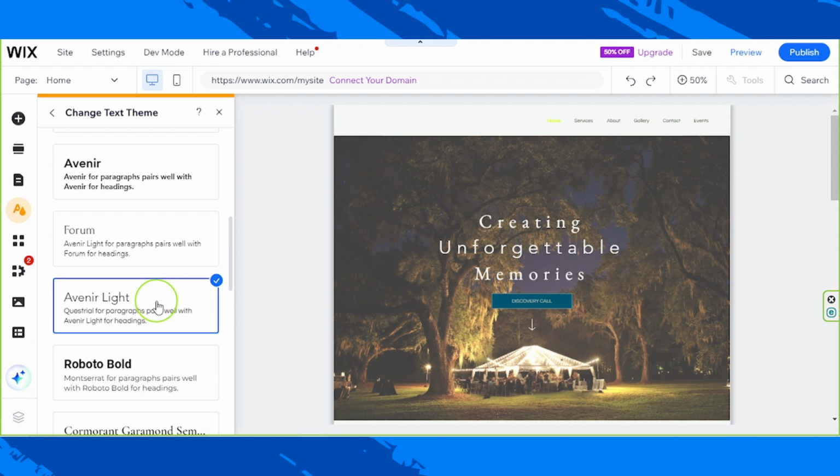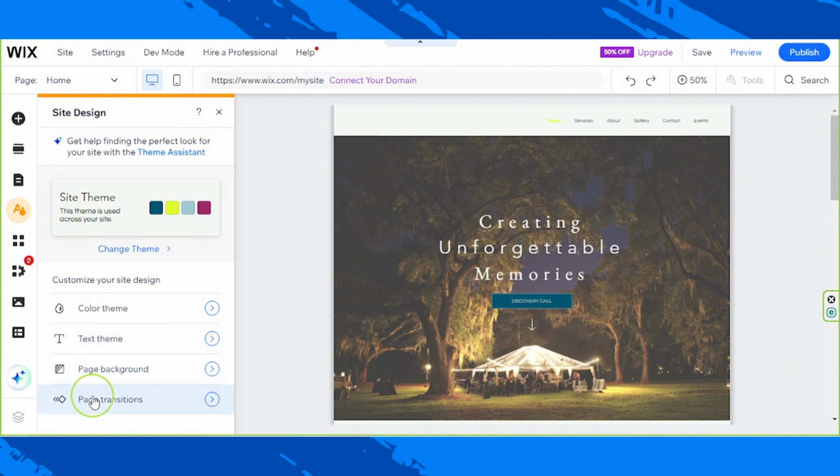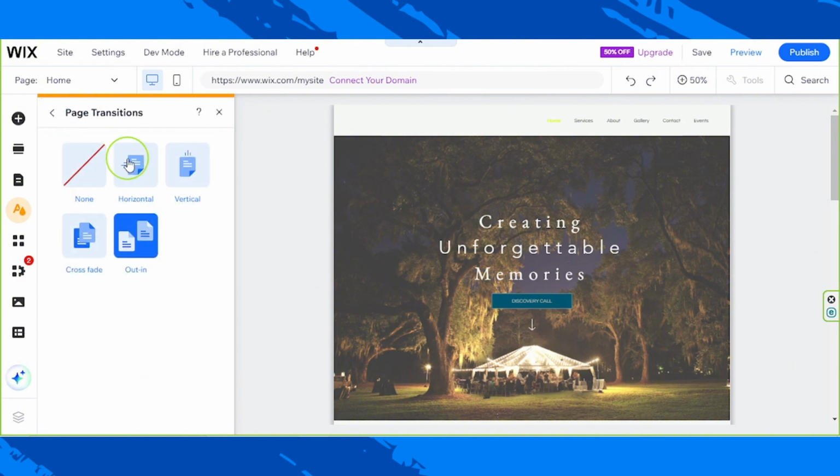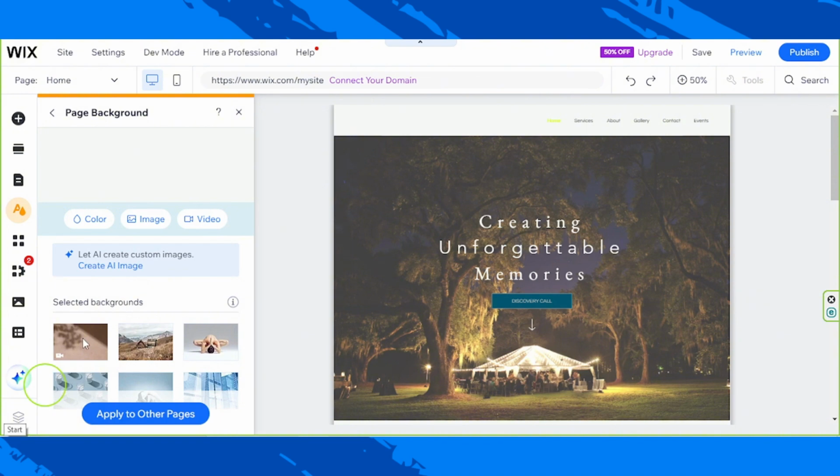All right, now let's deal with our transition. So I'm going to go back and click on Page Transitions over here. We have 4 options: horizontal, vertical, crossfade, and out-in. I think I'm going to stick with out-in for now. And in case you'd like to change your page background, you can go ahead and click on Page Background over here,